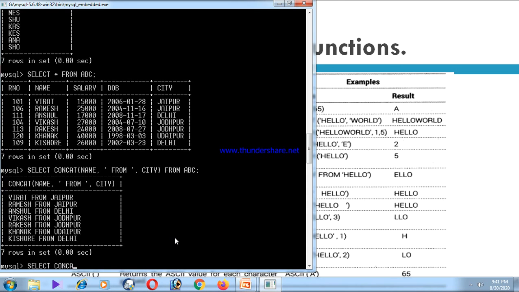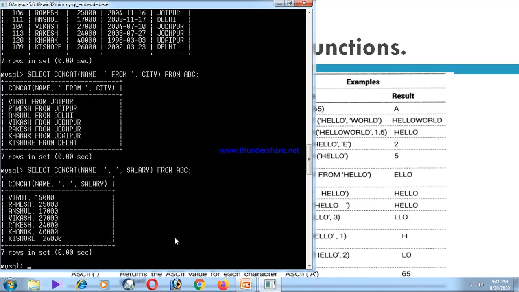If you use this one, select concate, here it is name, comma, inverted comma, then this one, then space, then comma, and then salary. The computer is going to connect the name column with the salary column, and in between the values of name and salary, one comma will be there. From ABC, check it out. Name, then comma, then the salary part is there in this output. It is a very important function. CBSE asks questions related to concate. Right? So these functions are the string related functions of MySQL.